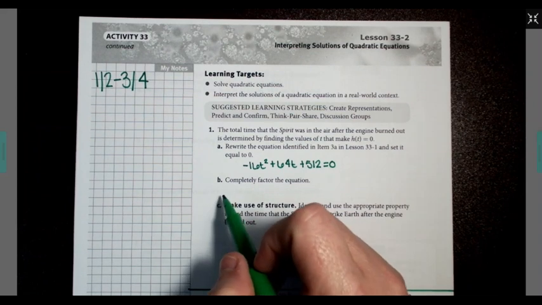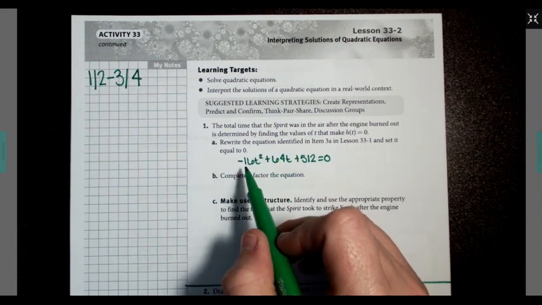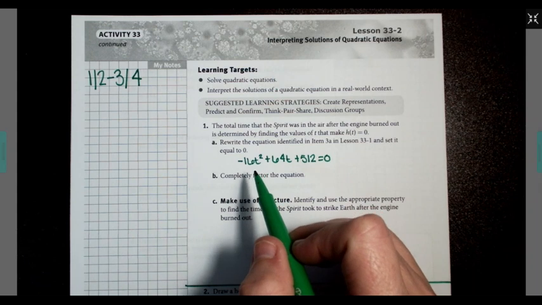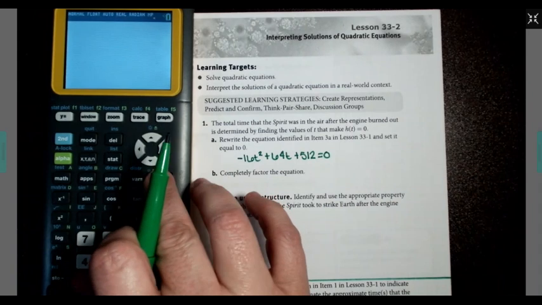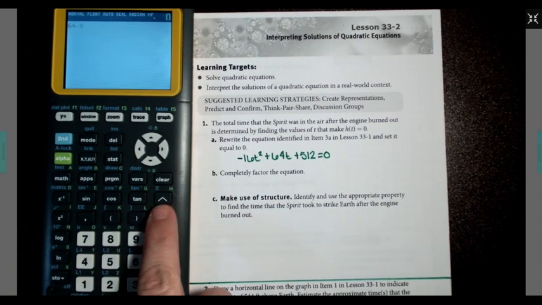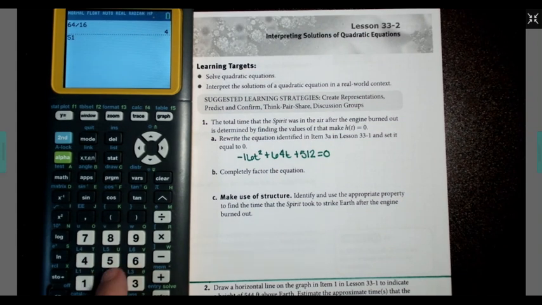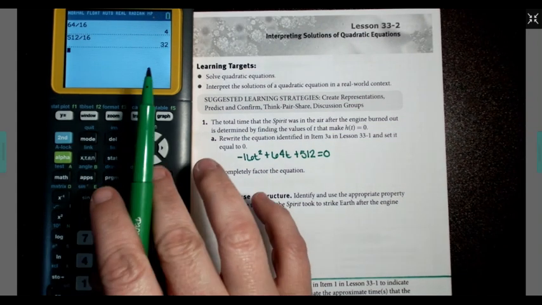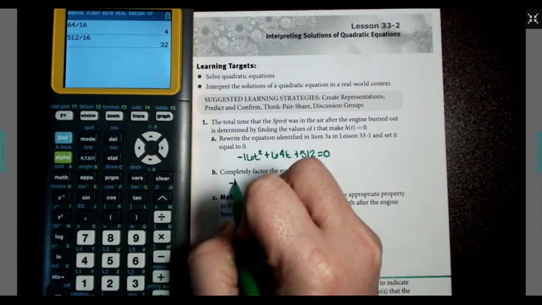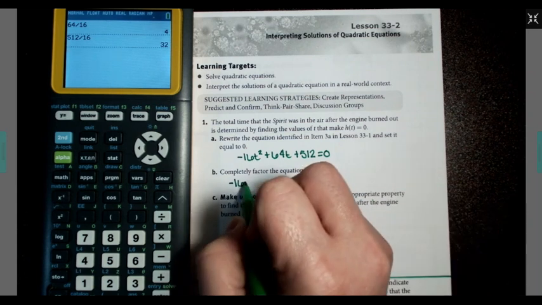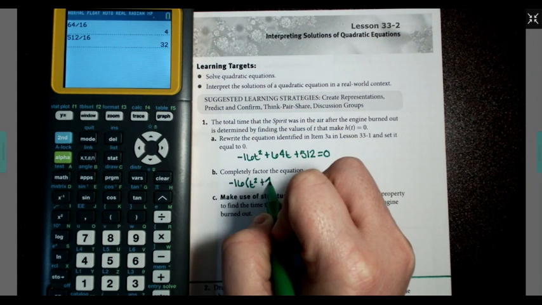Now, here in step B, it asks us to completely factor this equation. Well, I see that we have negative 16 out to the front as our leading coefficient. I'm going to see if each number is divisible by 16. 64 divided by 16 is 4, so it is divisible. 512 divided by 16 is 32, so both numbers are divisible by 16. So I'm going to factor out a negative 16 here. That's going to leave us with t squared plus 4t